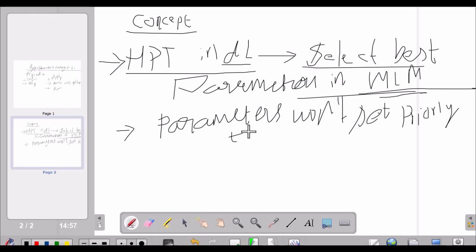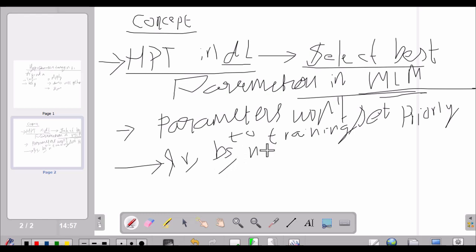Whenever you do the training process, you have to set these parameters. So what are those parameters? Examples include learning rate, batch size, number of epochs,